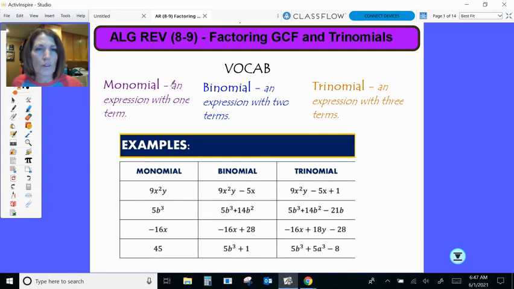Just a review: a monomial is an expression that has one term. So here are some examples of monomials. A binomial is an expression that has two terms, separated by addition or subtraction. And here's an example of a trinomial, an expression with three terms. When we're factoring trinomials, we have three terms in our expression, and when we're finding just GCFs, we